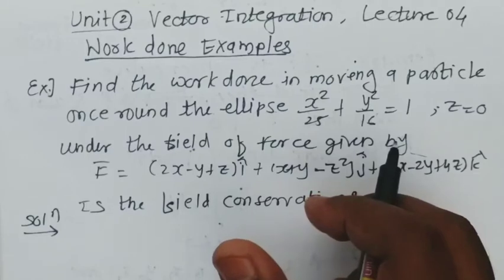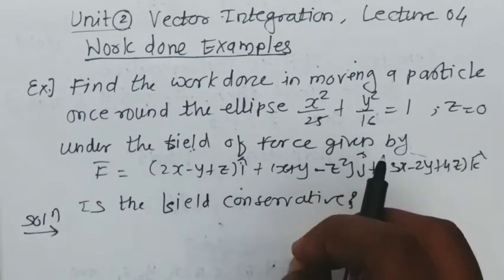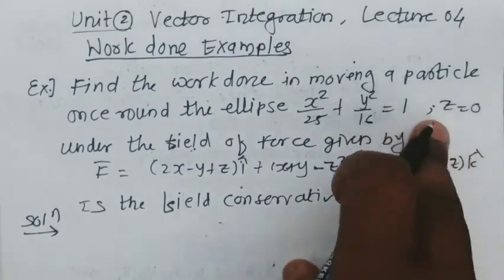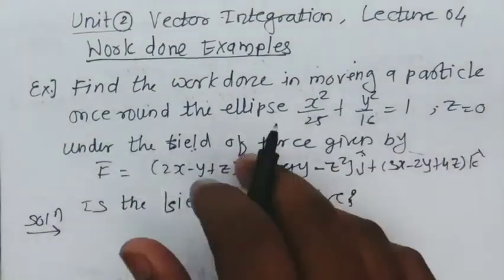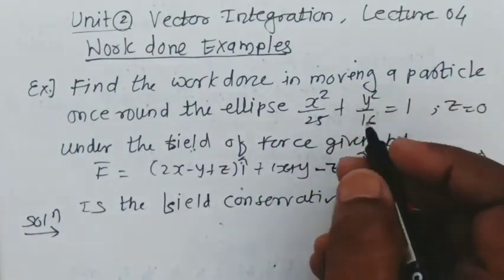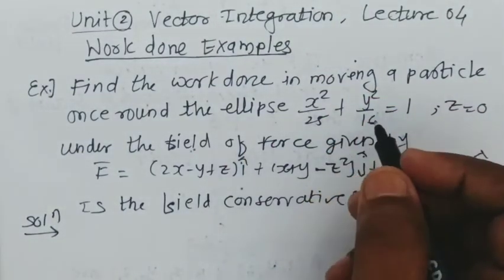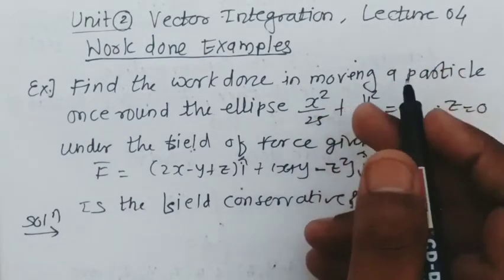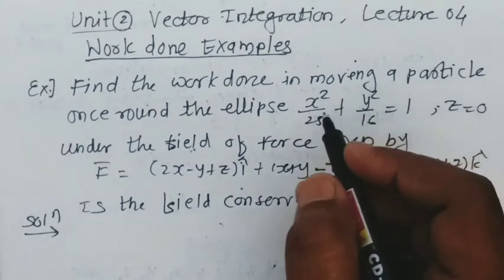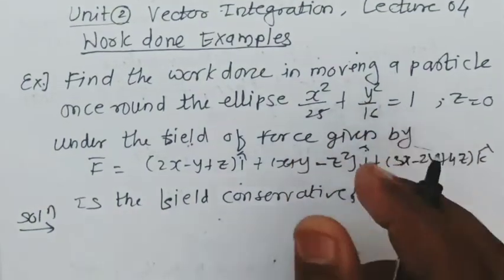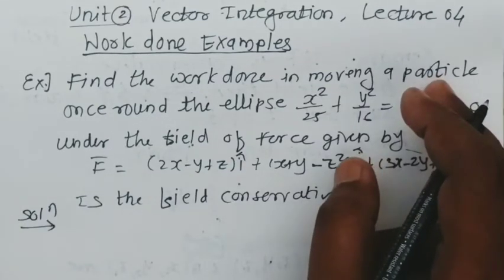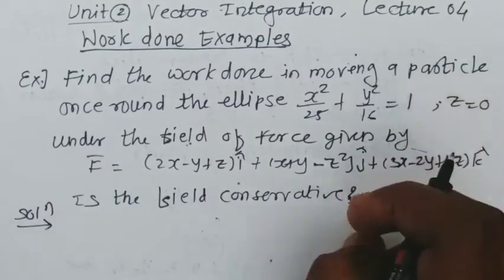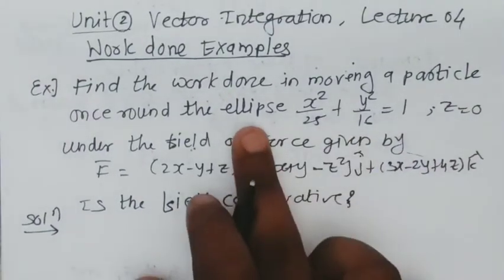We have to calculate here the line integral over c of F bar dot dr bar, and the equation of the curve is given as an ellipse in three-dimensional space. As this is an ellipse, it is a closed curve, which means we don't have end points here. For a closed curve we can't find a start point and an end point. So it is not the example of the type we discussed in the previous lecture where the points A and B are given. It is a closed curve type example, so we have to directly calculate the work done.